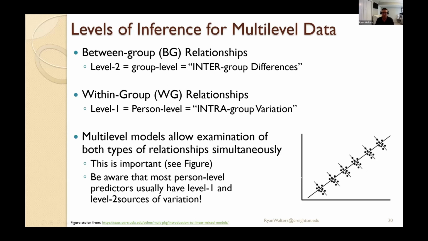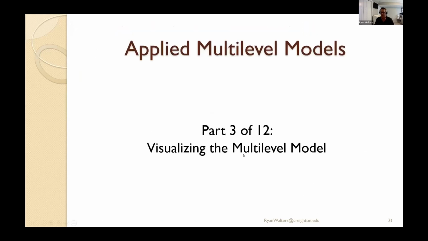If you look at this figure on the right here, which I stole from UCLA's fantastic stats website, which I'm sure 95% of you are aware of, we have 1, 2, 3, 4, 5, 6 groups. Across groups, we can see on average, the outcome is actually increasing. However, once we account for and tell the software program that each group represents a distinct entity, we can see that within groups, the effect is actually negative. So not only can you have different scales of variables at different levels, you can also have different directions of effects at different levels for the same predictor as well. Making sure that you properly identify the nested structure is critically important.